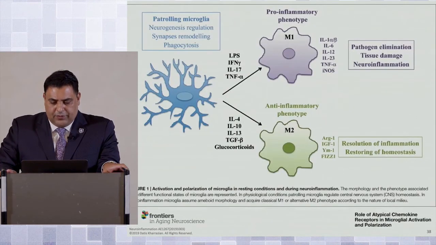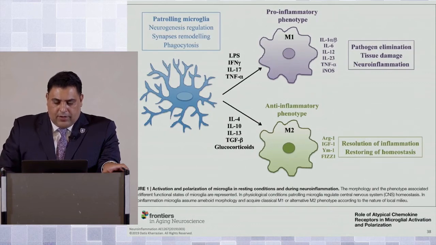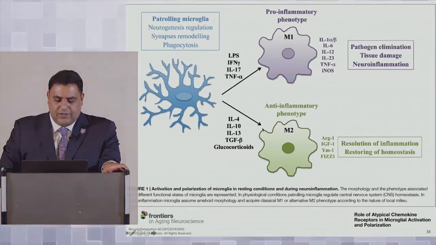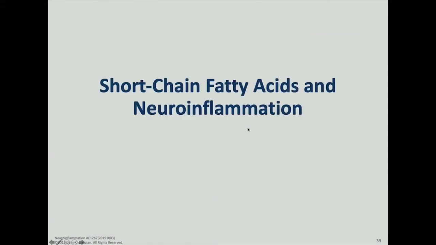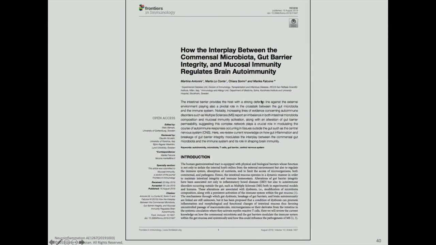Now, what are the clinical strategies for neuroinflammation? Well, you really want to change this M1 expression into an M2 expression, and several things have been shown to do that. So, from a dietary perspective, ketogenic diets and intermittent fasting have been shown to shift M1 into M2. And then nutritionally, short-chain fatty acids, like butyrate, acetate, and propionate, have been shown to dampen